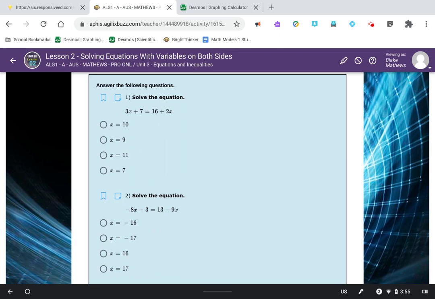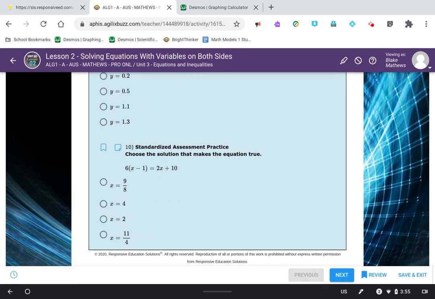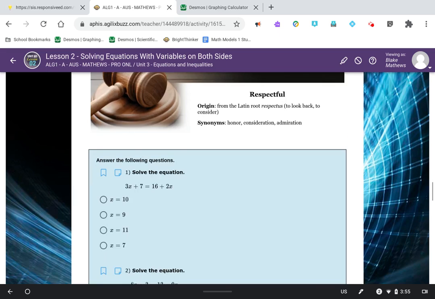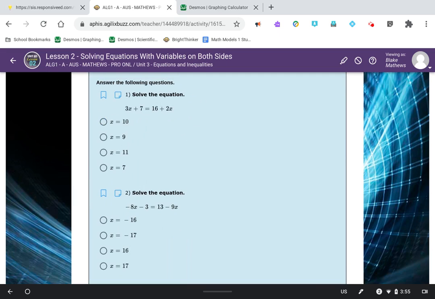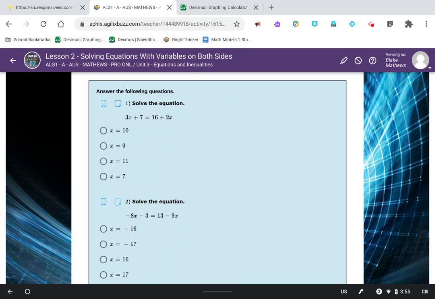So what I'm telling you is that the 10 questions I'm about to do correspond exactly with the 10 questions you see on your lesson. So what I would recommend, like I did in the last lesson, watch me do the first and then go and do number 1 on the lesson and go back and forth like that. So again, the numbers of my questions correspond with the numbers of the questions in the lesson. So first things first,